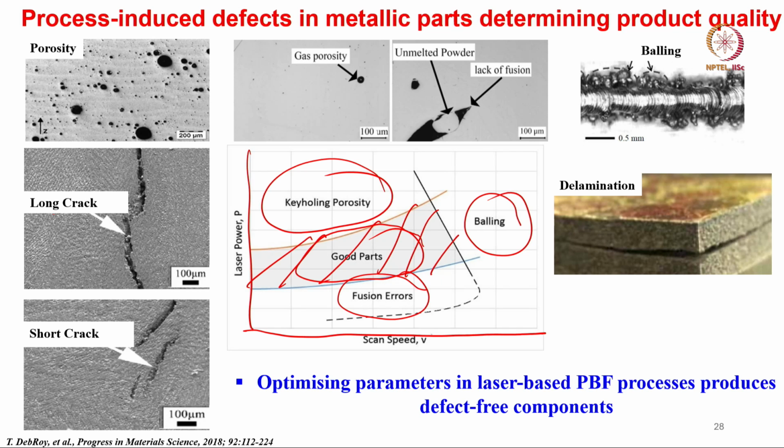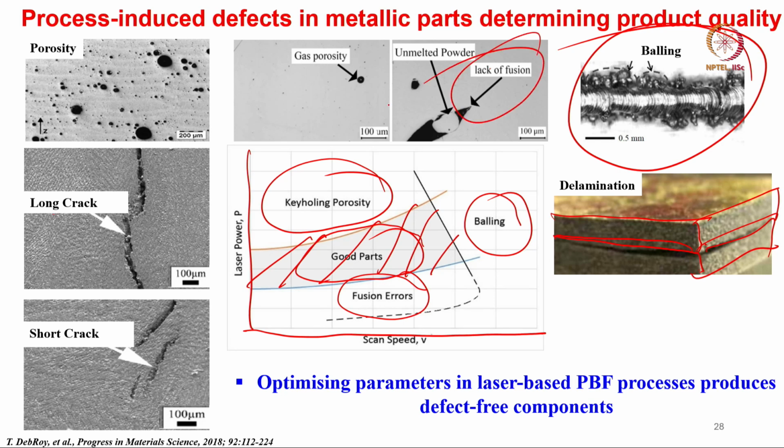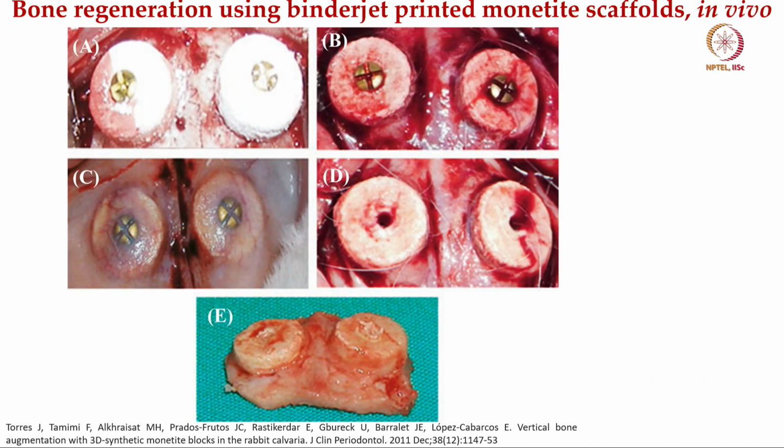In the worst cases, you can see the 3D printed parts can undergo delamination, right. And also these materials can undergo balling or lack of fusion. These are some of the problems with additively manufactured parts which are commonly reported in the literature. You can also develop porosity in these structures, like mid-range porosity, and then under extreme cases, if the pores coalesce together, they will form large cracks.